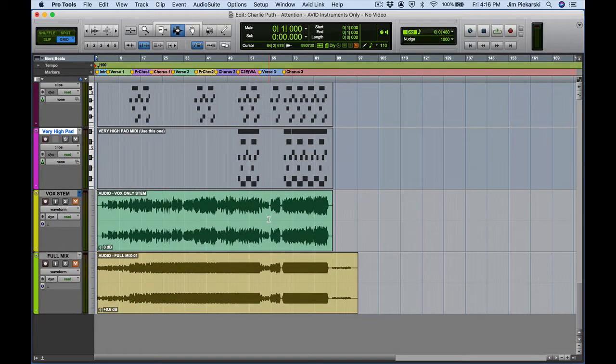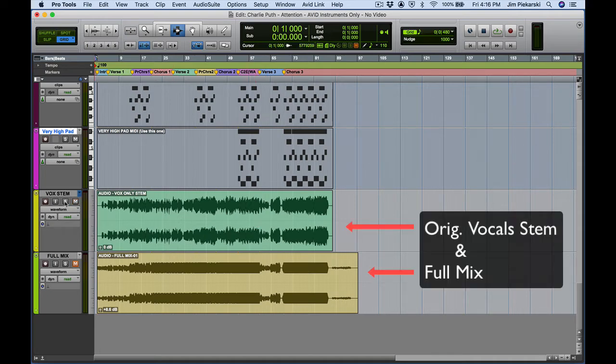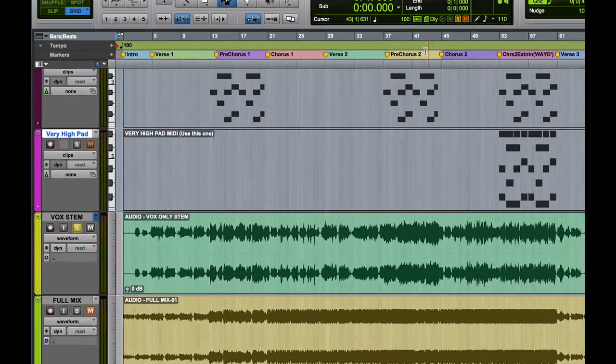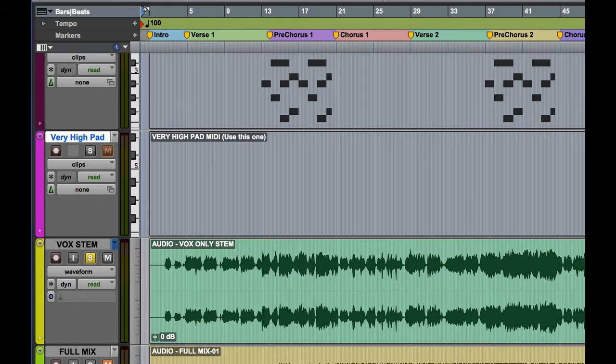And what you also have, along with all the notes for all the instruments, is the original vocal stem with Charlie Puth and all the background vocalists, plus the full mix as well that you can refer to, so you can listen to the instruments you're trying to imitate and either imitate them as closely as you can, or if you want to just create your own version of it, just go for that as well. Okay? So up here you can see that I've got markers for all the locator points for everything in the